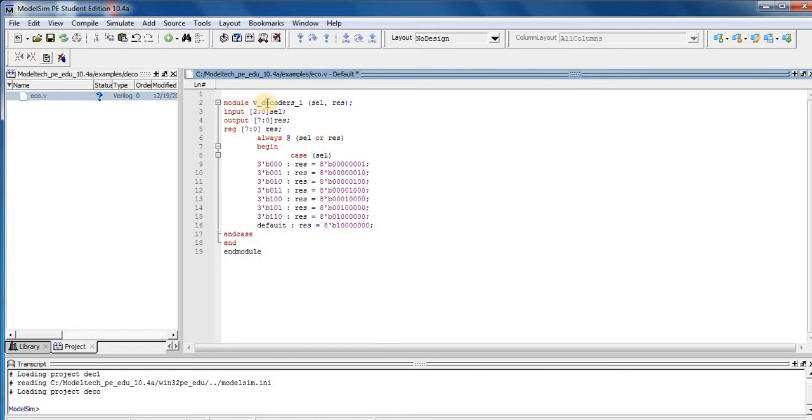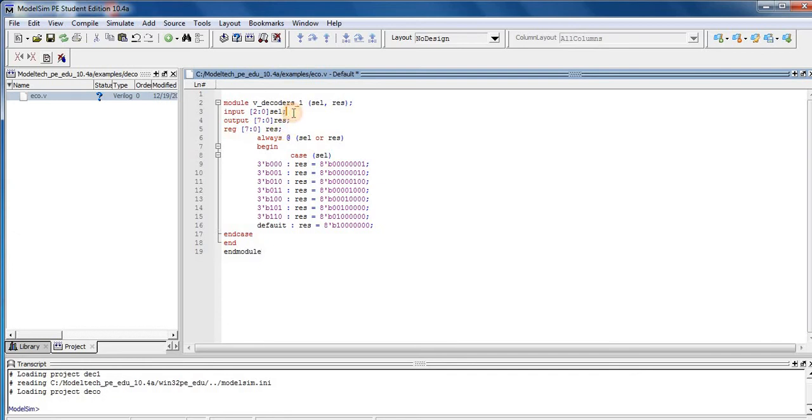In the first line I type module vdecoder_1 with inputs SEL and RES. Input is SEL and output is RES. The input has 3 bits and the output has 8 bits, and RES is an 8-bit register.